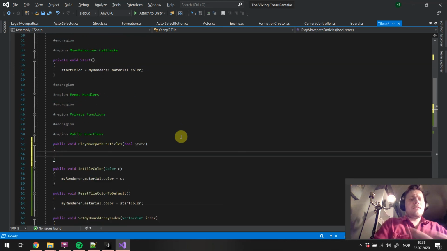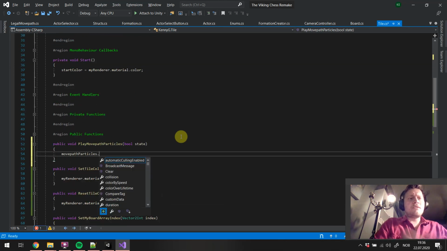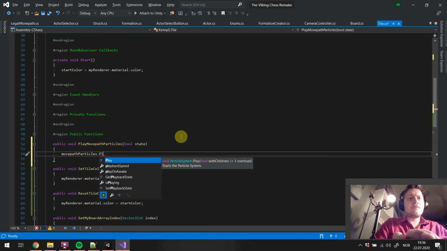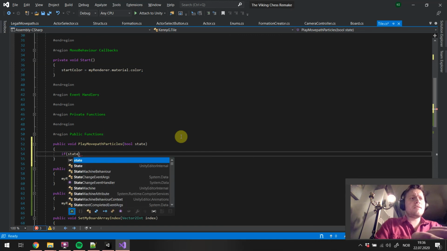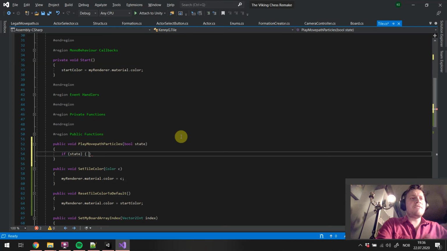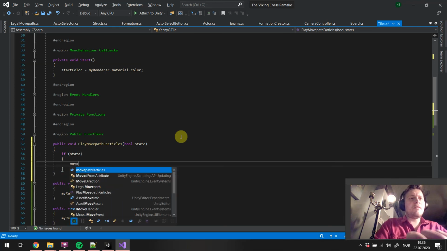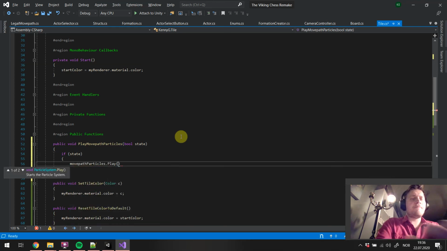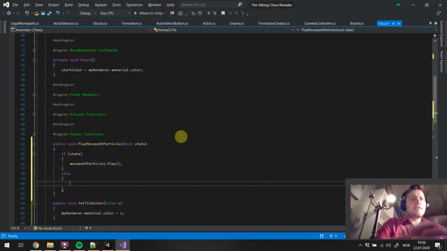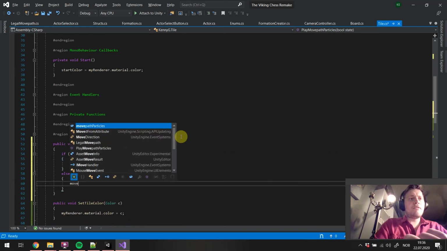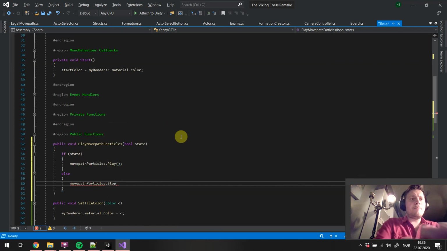Then we're gonna say Movepath particles dot play, or rather, yeah, we need to say if state, that is if it's on, then we say Movepath particles dot play, and else Movepath particles dot stop. Okay,